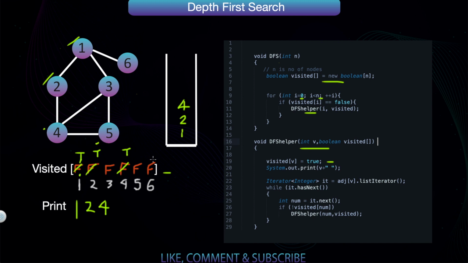Then at 5 we set 5 as true. We call the function, print it, and put it in the stack. Now we go to 3. So set it as true, print it and put it in the stack.